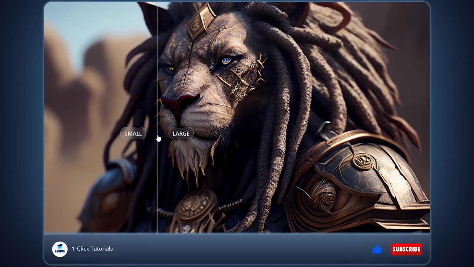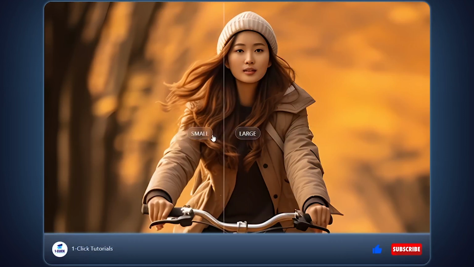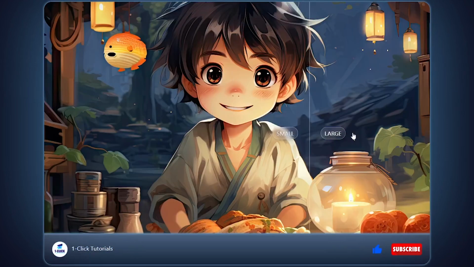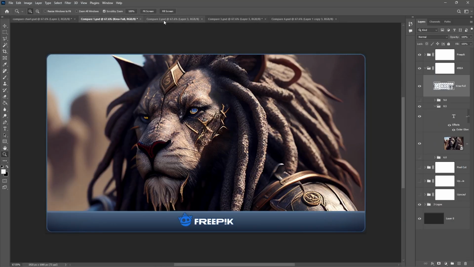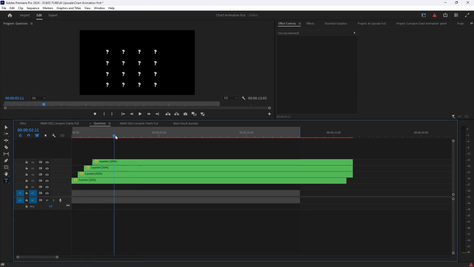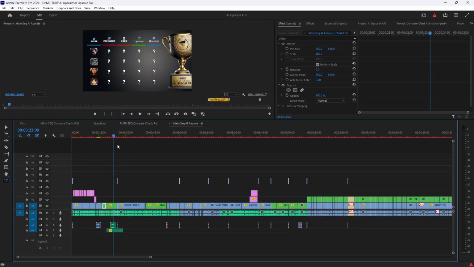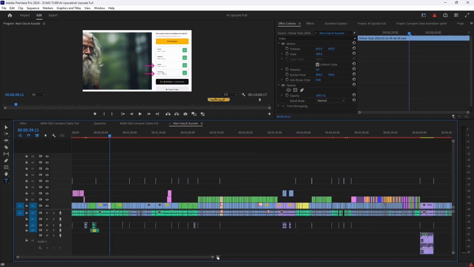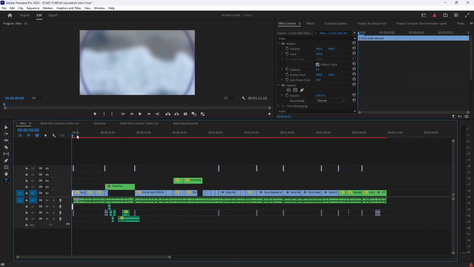I even spent a couple of hours to create a one-click tutorials exclusive image compare slider, but finally, because the results were not clear, I didn't use it in the final edit. And after spending about a week creating the Adobe Photoshop project, and after spending hours editing the project and creating animations and visual effects and adding sound effects as well on Adobe Premiere, finally the video was ready to publish on YouTube. And I wish you like the results.